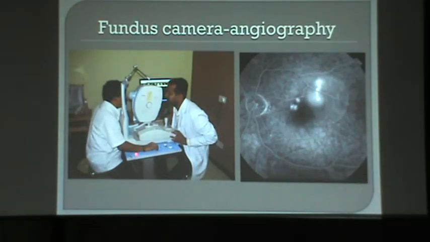This is called IOL Master from Zeiss. This is fundus fluorescein angiography, where retinal vasculature diseases are shown. Fluorescein is injected here and the photographs are taken. You can see beautifully there is a leak here. It's like detecting the puncture in the tire of our car. So there is a leak here, so we can laser it precisely by pointing to the leak.